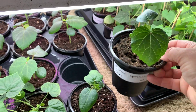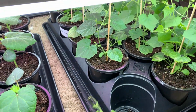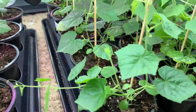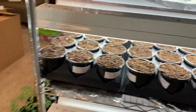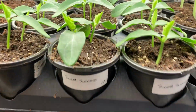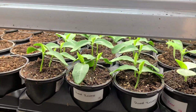Here's a Clemson Spineless Okra, and these are mouse melons. They look like little tiny mouse-sized watermelons, sort of like pickles. They're awfully cute on a trellis, and they taste good too. More plants ready to go, or ready to come up. We've got some cucumbers here just coming up,